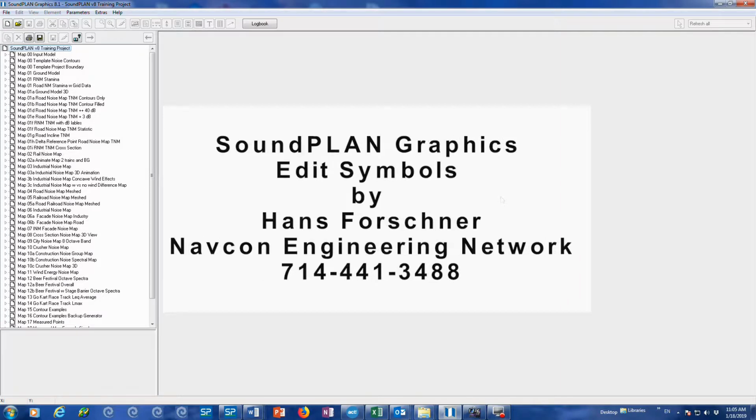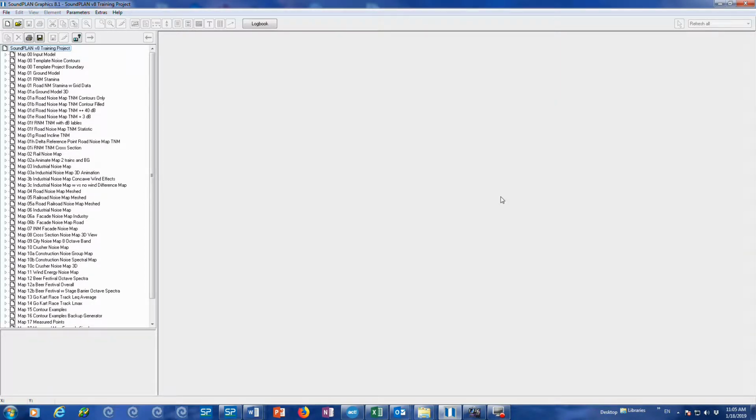I've got a short video in regards to editing symbols in SoundPLAN. This is a function that is part of the Cartography module that you can create symbols and assign them to point, line, and areas. For line and areas, they're basically to fill or along the line or fill areas with certain symbols. For points, basically defines a symbol at whatever position. So you can assign objects with these symbols to make them a little bit more obvious to people reviewing a